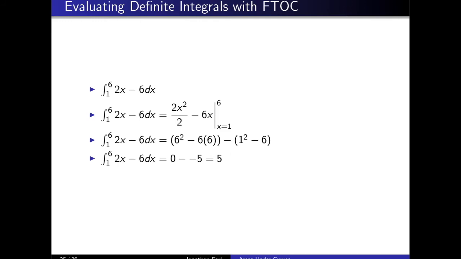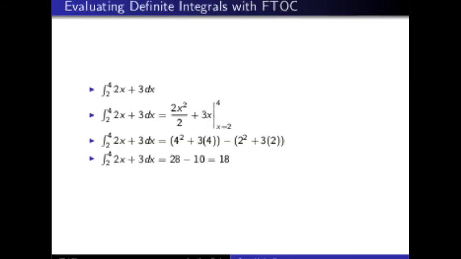Okay, then we could find the area from minus 1 to 6 of 2x minus 6. That was the first geometric example that we had, where we had a triangle with some negative area and a triangle with some positive area. We want to come up with an antiderivative for 2x minus 6. So x squared minus 6x will do. We'll then evaluate it at 6 and subtract off this expression evaluated at minus 1. When we do that, we get 6 squared minus 6 times 6, which is 0, minus 1 squared plus 6, which is 7, hmm